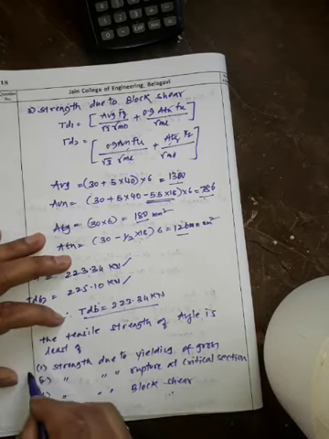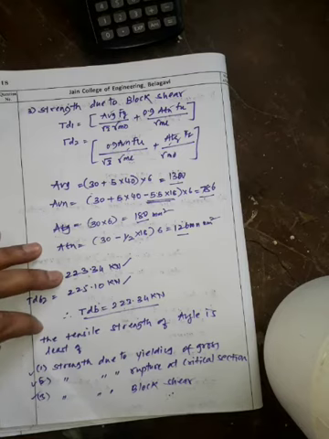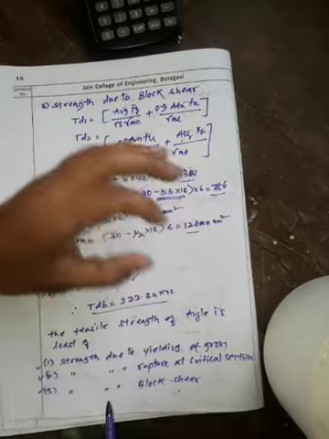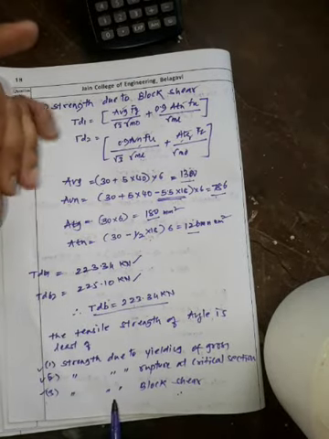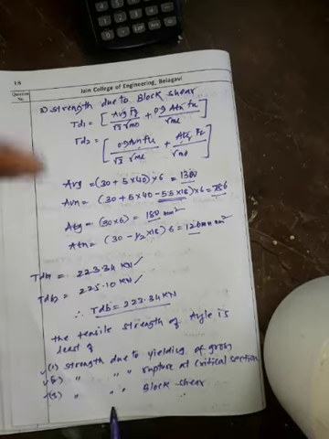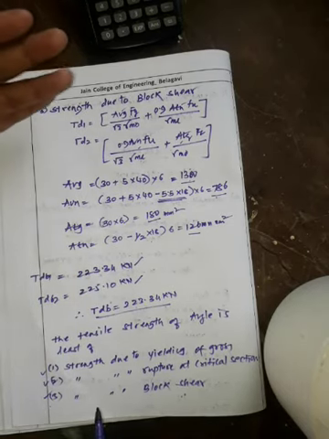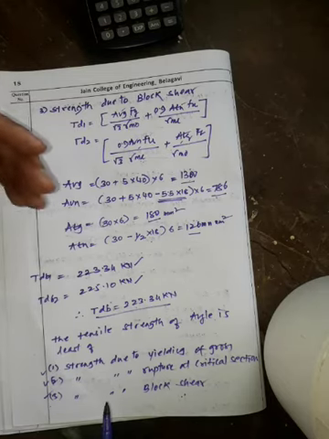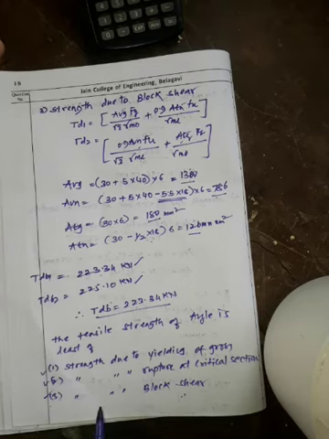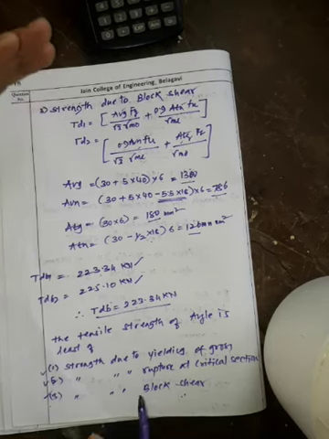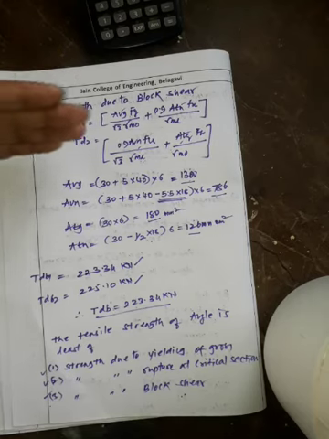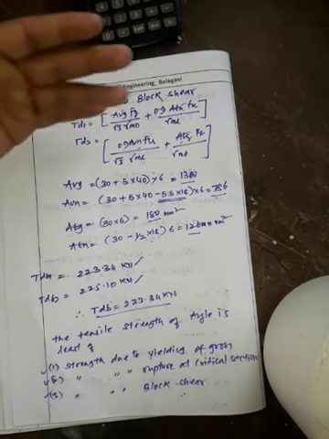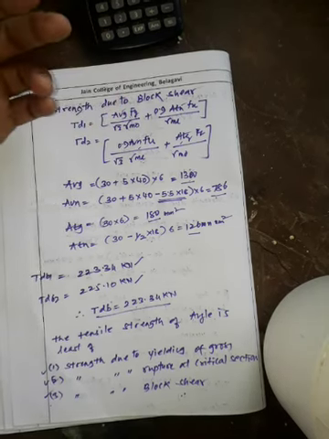So from these three we will get the ultimate tensile strength of the angle, that is 90 by 60 by 6 with 6 numbers of 16 mm diameter bolts. Okay, so this way you have to find out. If you get this type of problem in the exam, the main thing you have to consider is the calculation of areas like ANC, AGO, AVG, AVN, ATG, ATN. So go back and solve the same problem, and if you have any queries, you can contact me. Okay, thank you.